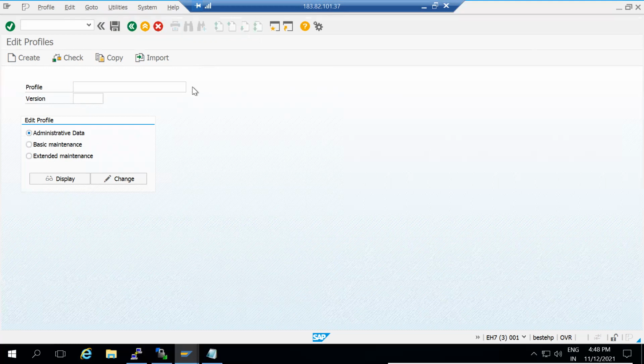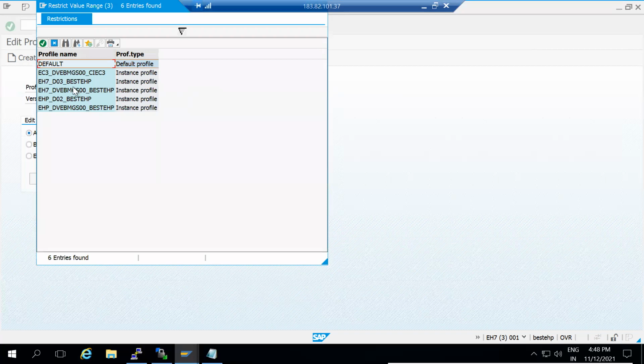Now you can see this EC3 is not our instance because our SID is EH7. This EHP was the previous one, which does not exist.